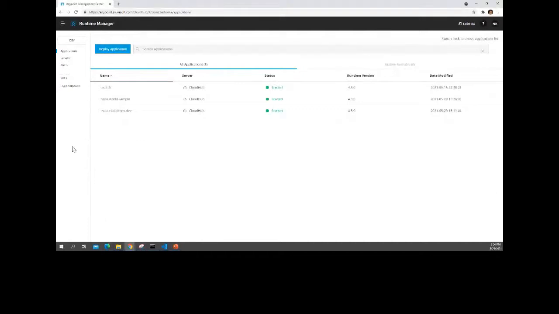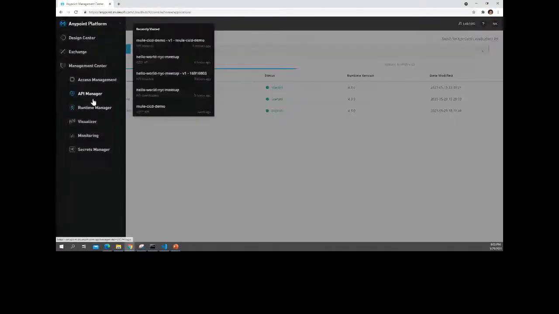So I think Runtime Manager is under the control plane only and falls under the runtime plane. That's correct. But the runtime plane is actually behind the scenes at AWS, which MuleSoft is managing. That's right. And the auto discovery ID is generated from API Manager. When you manage an asset, it is automatically created for you, and you have to attach it via code to your particular API.